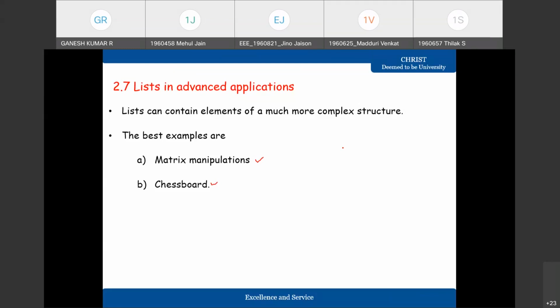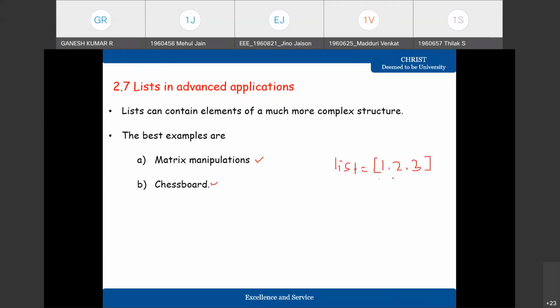So a list, we had defined the list, right? A list is expressed as a collection of data enclosed in between a pair of square brackets, and individual members are separated by commas.